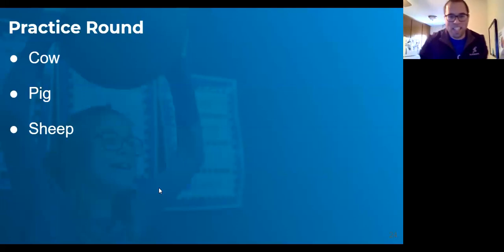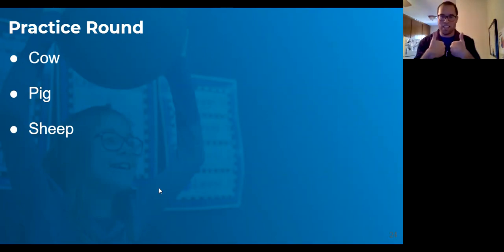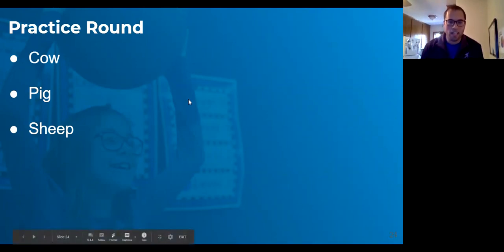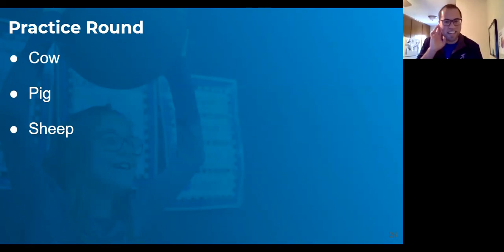I'm sharing my screen here with 3 animals. All right, thumbs up if you can see our 3 animals here today. What I'm going to do is send the correct answer to someone in the group. When I send you that answer, if you're the one that receives it in that private chat, you're going to make the sound of that animal, okay? And everyone else, your goal is to just listen for the sound and try and decide what you think you heard. And then you can type in the chat the animal that you think you heard, okay?